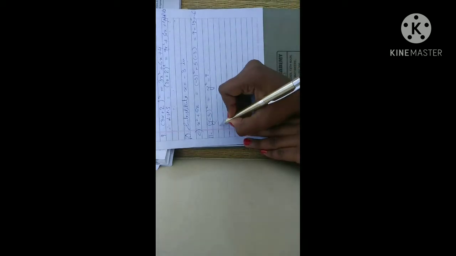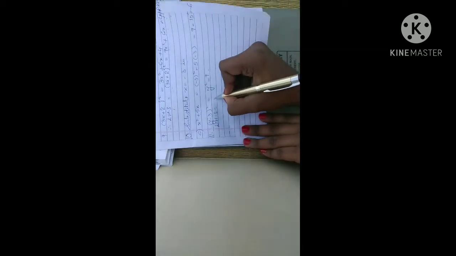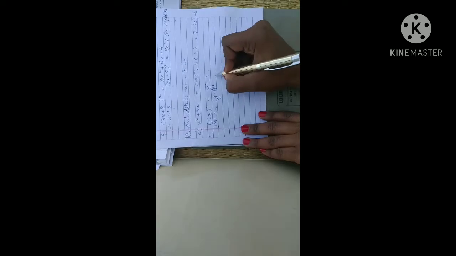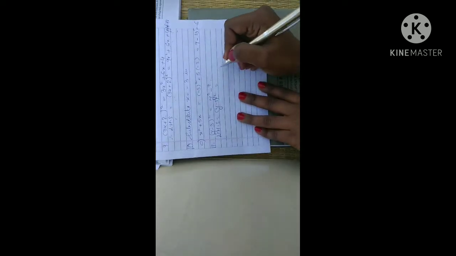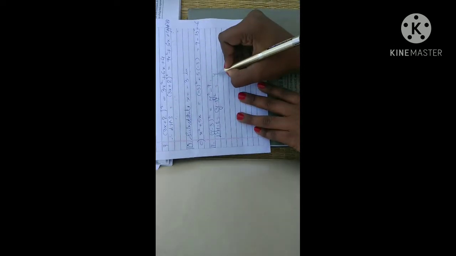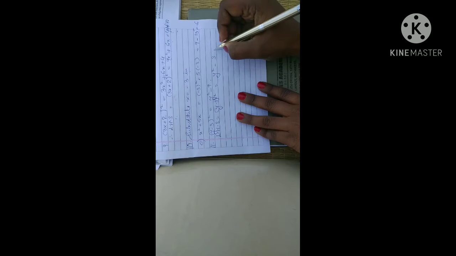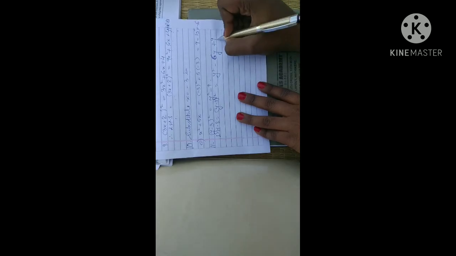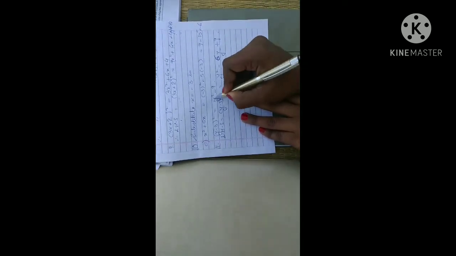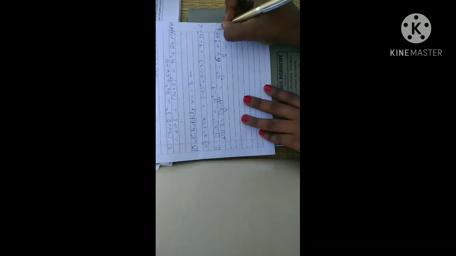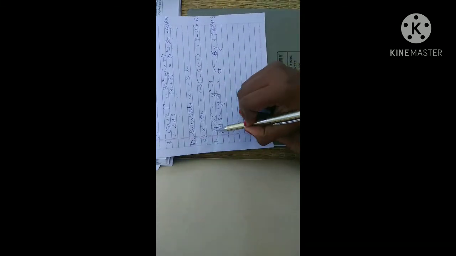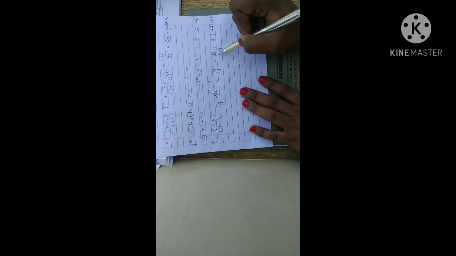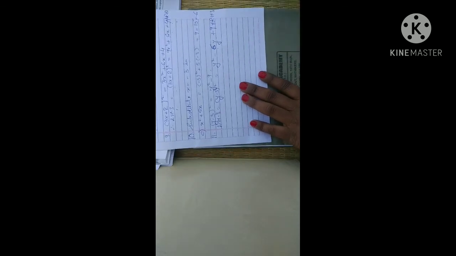Now look at the 11th problem. In 11th problem, we'll write LHS is equal to (y minus 3) whole square. This is in the form of second identity. So this will be y square minus 3 2s are 6y plus 9, which is not equal to RHS. So the correct statement is (y minus 3) whole square is equal to y square minus 6y plus 9.